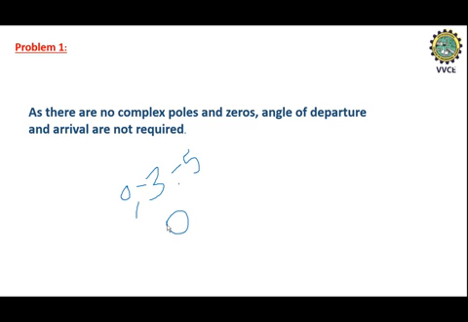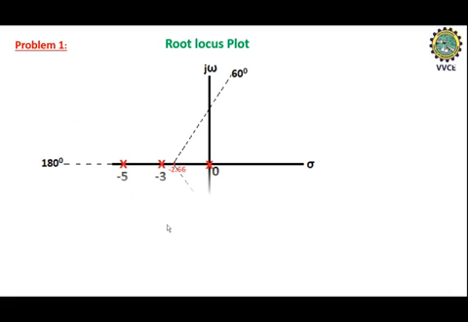By making use of the breakaway point and intersection point on the imaginary axis, we can plot the root locus, that is the final root locus plot. First, we already marked the poles, that is 0, -3, -5, and also the angle of asymptotes, and the centroid is -2.66. Centroid is the intersection point of asymptotes. These are the angles of asymptotes that give the direction of the branches of the root locus which are approaching infinity. The infinite branches' direction will be given by these asymptotes: 60 degrees, 180 degrees and 300 degrees.